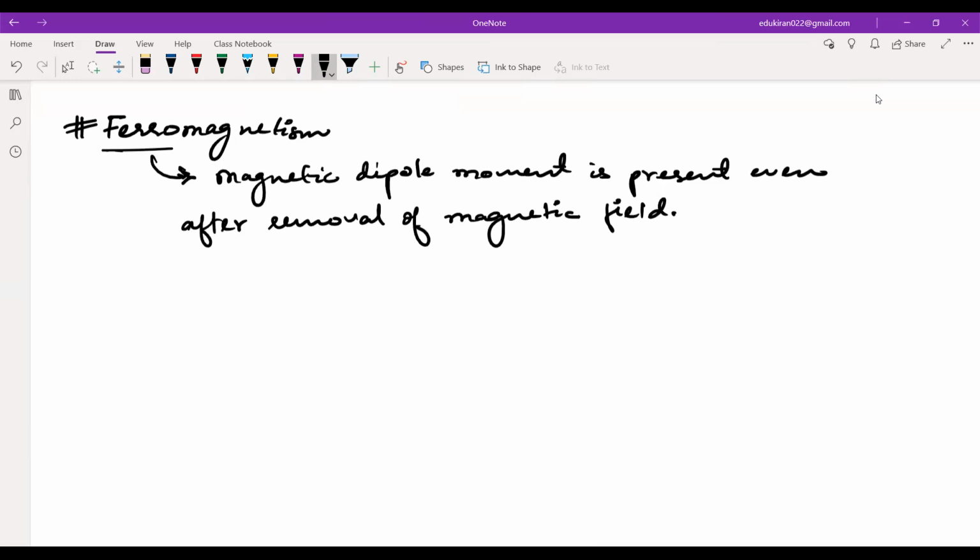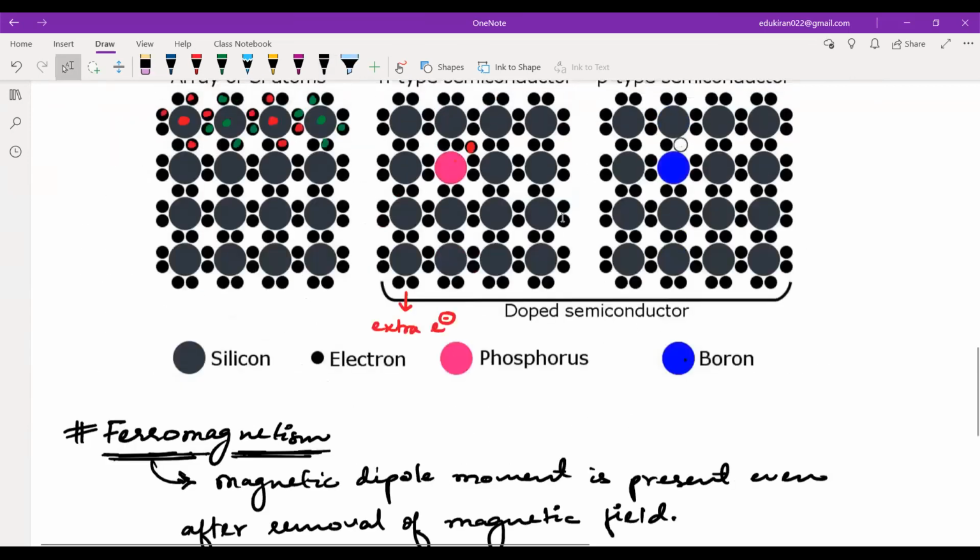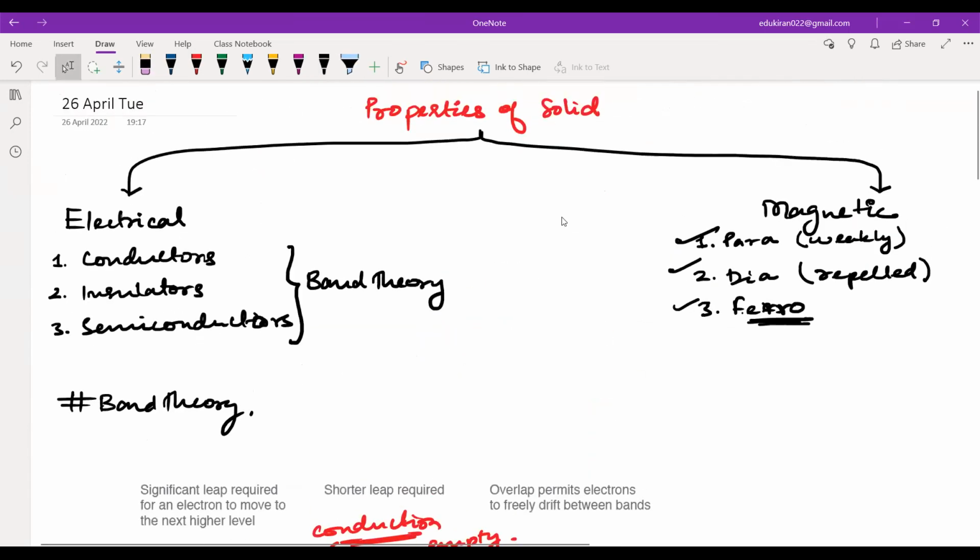This is ferromagnetism, in which there is no pair of electrons. All of these are unpaired electrons. Okay, and that is why when we remove the magnetic field, you still get some dipole moment. So these three things, that is conductor, insulator, semiconductor, paramagnetic, diamagnetic, and ferromagnetic, you will write from